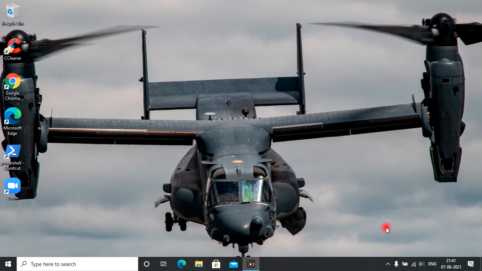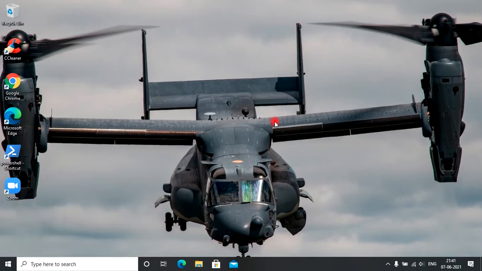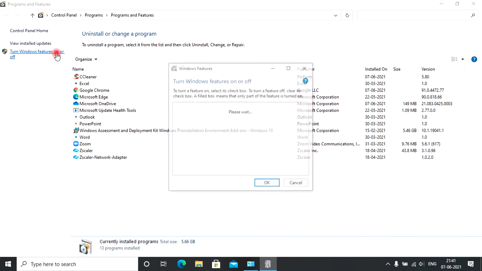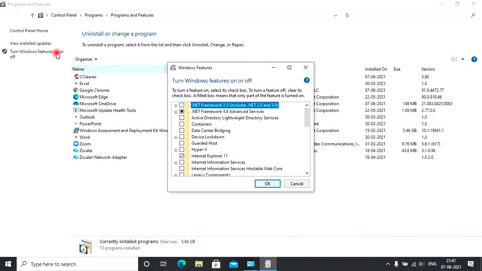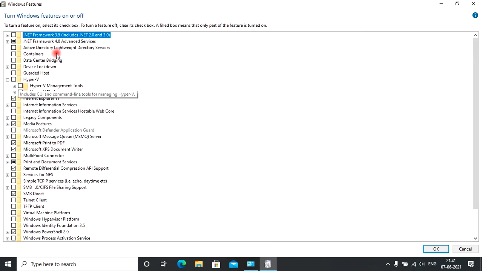My main system has booted to OS. If I go to run appwiz.cpl and if I go to turn Windows features on or off, I will maximize it. You can find the option Hyper-V here.